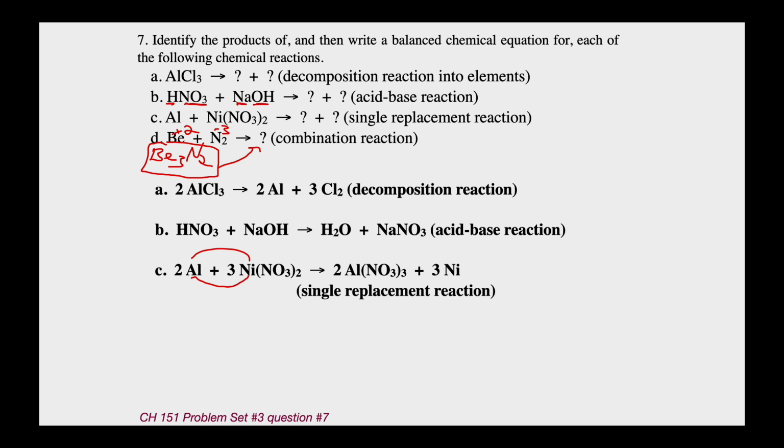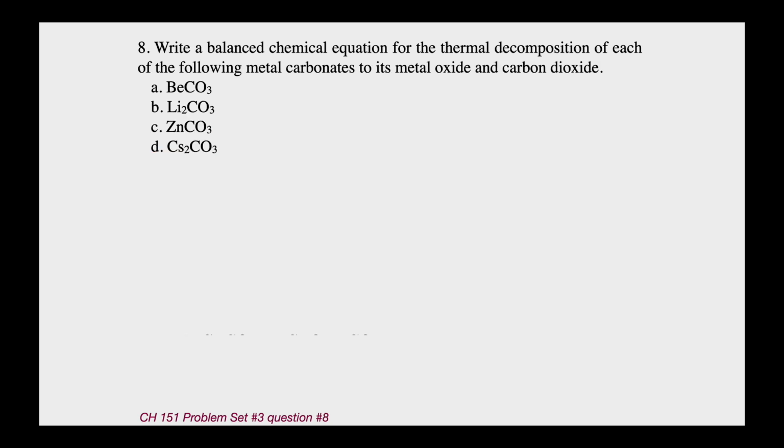And from there, you can go back and balance the beryllium. The nitrogen, I think, is already balanced. So this reaction would be balanced at 3Be plus N2, and that's going to make Be3N2, beryllium nitride, a combination reaction. These are all metal carbonates, and metal carbonates are infamous, if you will, for turning into